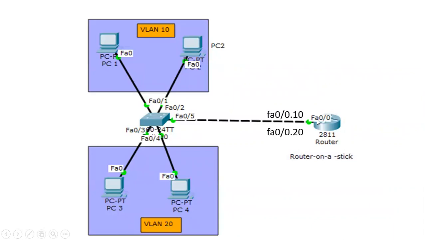Now this interface is FA0/0. This is subdivided into sub interfaces, 0.10 and 0.20. Now these two interfaces can be used to communicate with each VLAN. So 0.10 will communicate with VLAN 10, and 0.20 will communicate with VLAN 20.